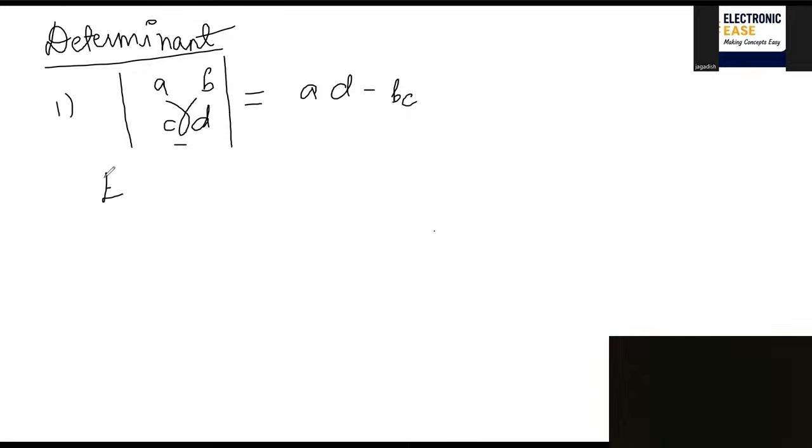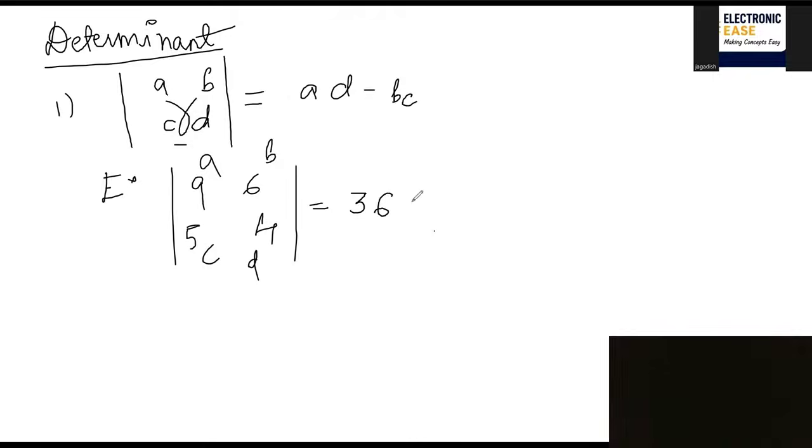Example, I will tell you, children. I have 9, 6, 5, 4. Here the A value is 9, B value is 6, C value is 5, D value is 4. How to solve this? A into D, that is 9 into 4, that is 36, minus B into C, 6 into 5 is 30. The minus symbol should be there. So 6 is your determinant. If you have a 3 cross 3 determinant, where I'm solving the problem,